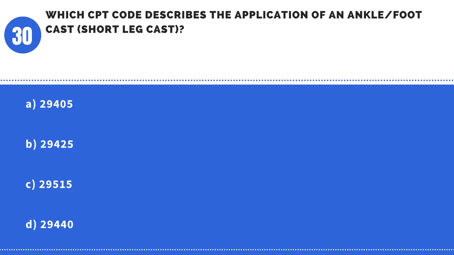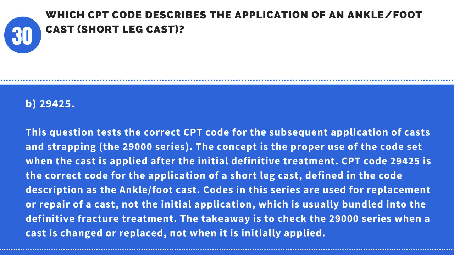Question 30. Which CPT code describes the application of an ankle/foot cast, short leg cast? A. 29405. B. 29425. C. 29515. D. 29440. Answer: B. 29425. This question tests the correct CPT code for the subsequent application of casts and strapping, the